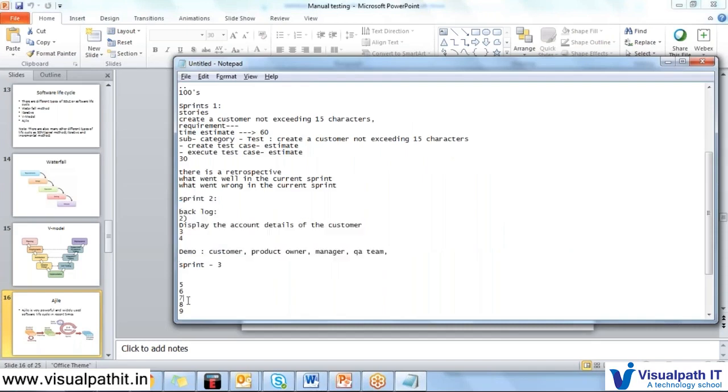In sprint 3 there will be backlogs, and those backlogs will keep on being added. So one question in this is, in this sprint you have